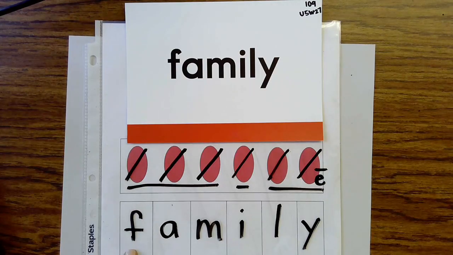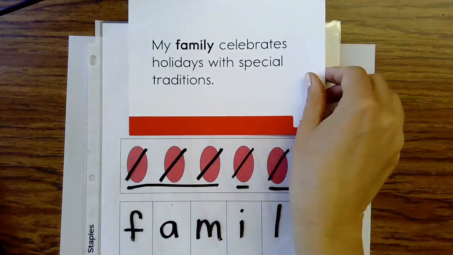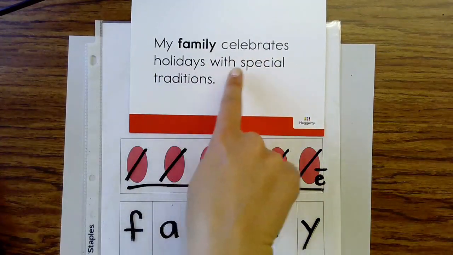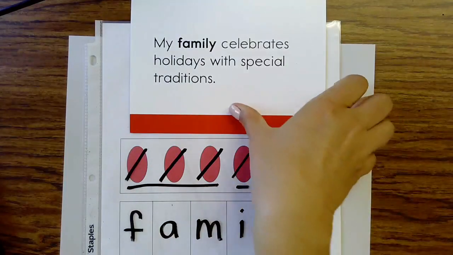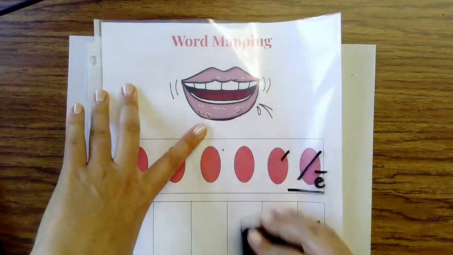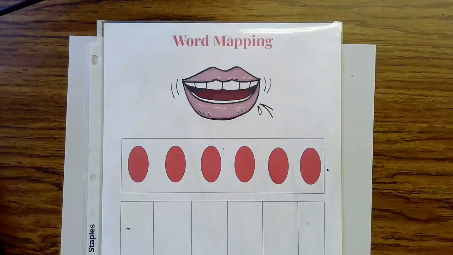Let's sound out family. Family. The word is family. For example, my family celebrates holidays with special traditions. The word is family. Here is our next word, another 3-syllable word. It is the word